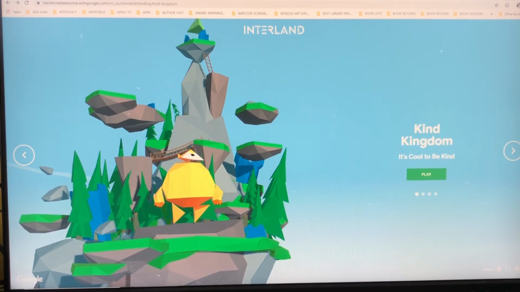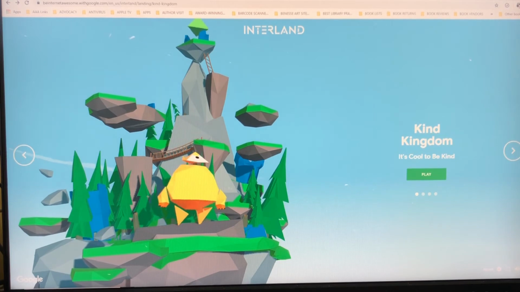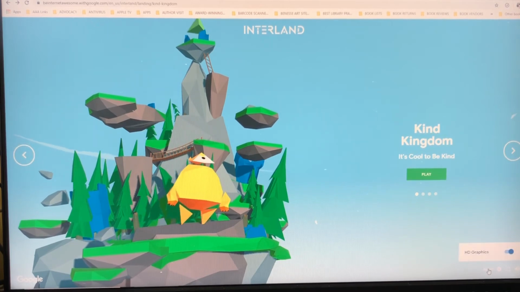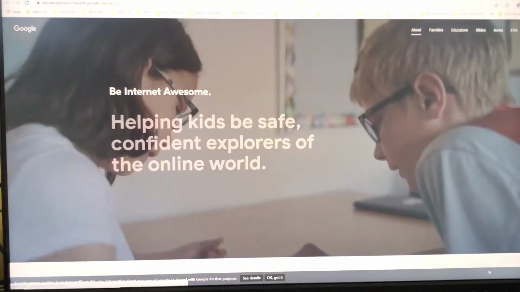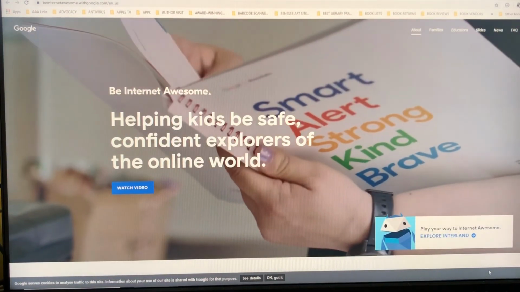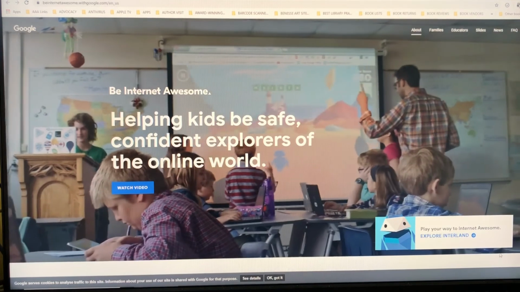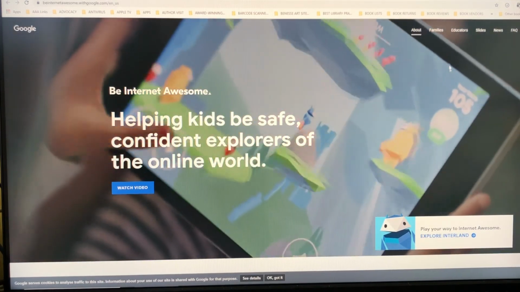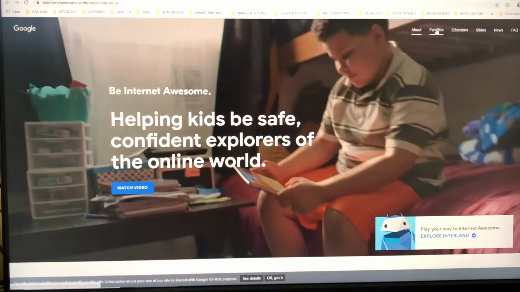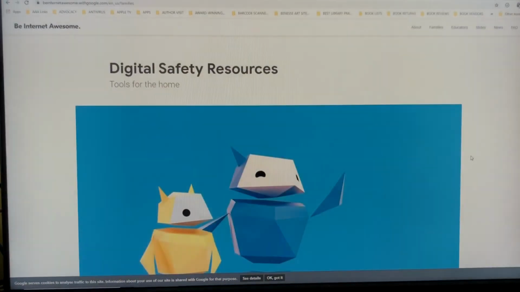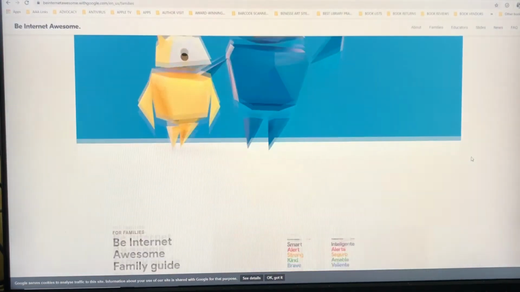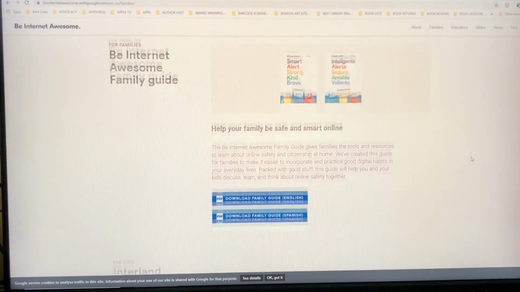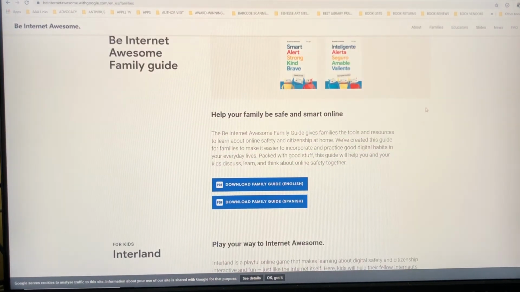So, if you would like to get started right away though, click on About in the lower right-hand corner. And there are different sections that will teach you how to use it. For example, if you're learning with your family, right up here. Digital safety resources, tools for the home. All right, so there's a family guide that you can download.